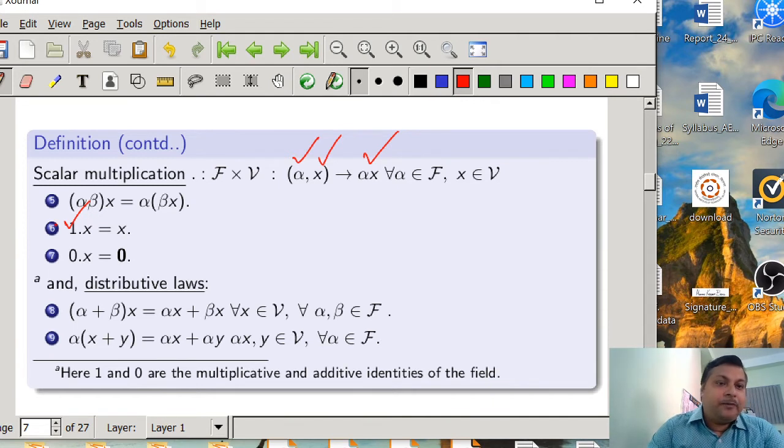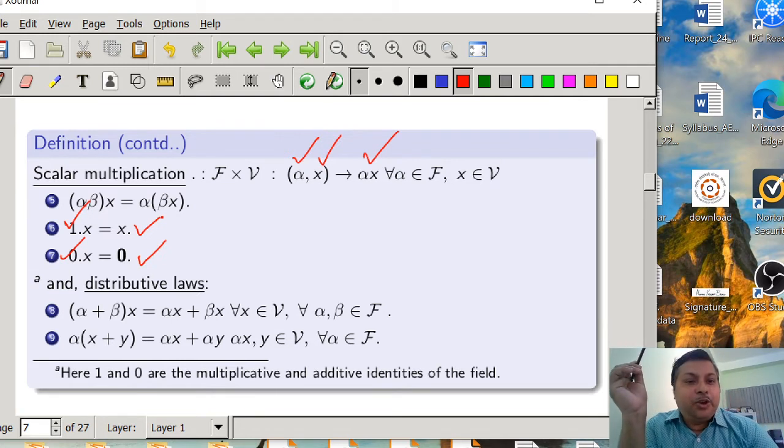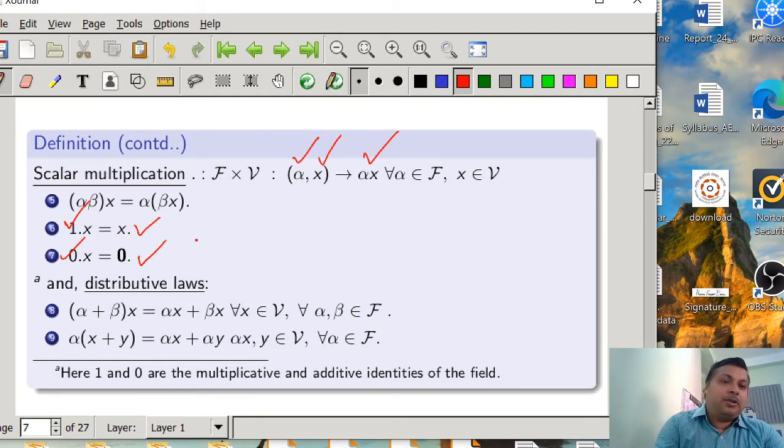You choose one from the field, and if you multiply it with a vector x, then you will get the same vector x. And you choose a 0 element from the field, and if you multiply that 0 element with x, you are going to get the 0 vector, that is theta v. It also obeys the distributive laws, that is (alpha plus beta) into x will be alpha x plus beta x, where x belongs to the vector space V, but alpha and beta